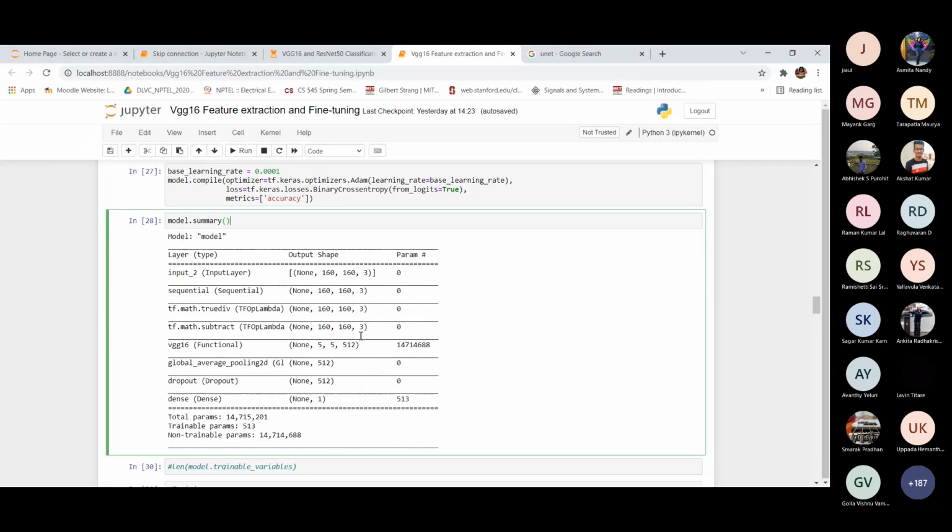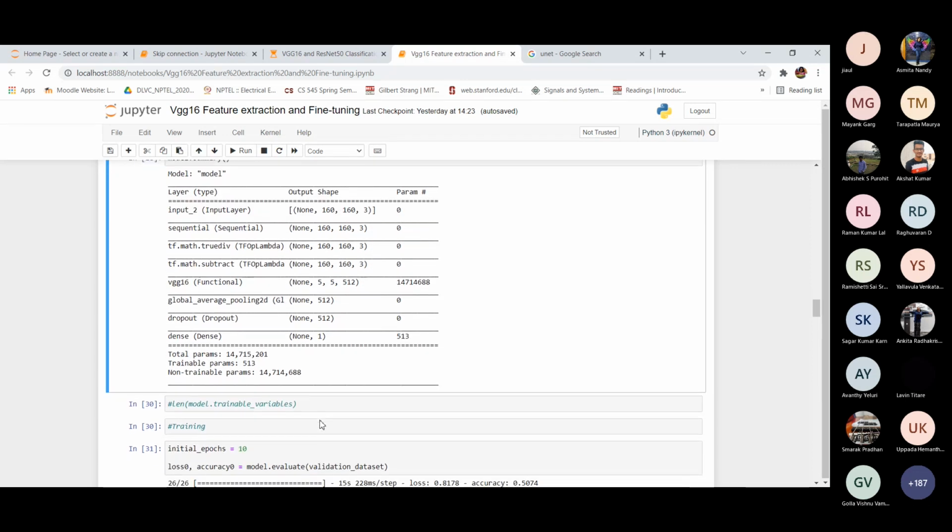All the VGG parameters are not trainable, so they are not going to be used, and only the dense layer parameters will train. So it is 513. You can say 513 is the trainable parameter; the others are not used in training.